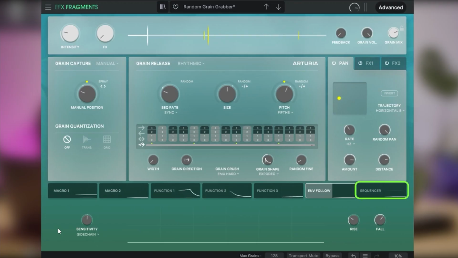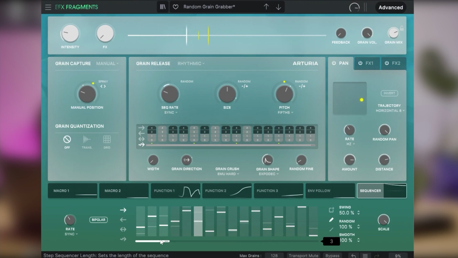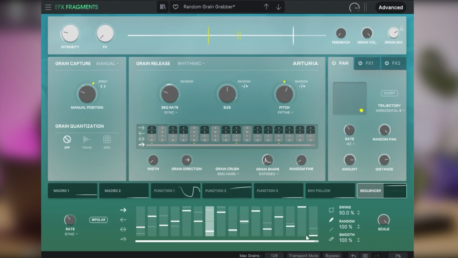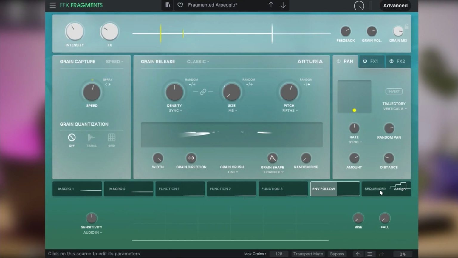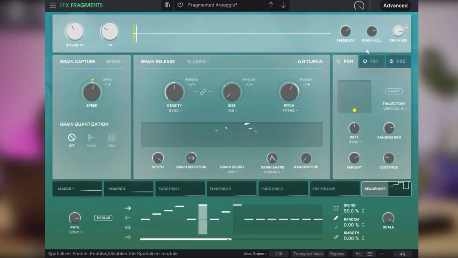The last element of the modulators section is the sequencer. The sequencer produces modulation changes based on steps. It has 16 steps, and within each step we can decide on the modulation amount. An interesting use of this sequencer would be to create an 8-step long sequence with various values per step and attach it to the pitch control. This allows us to have quantized modulation of the pitch thanks to the pitch control being set to fifths, sounding like this.